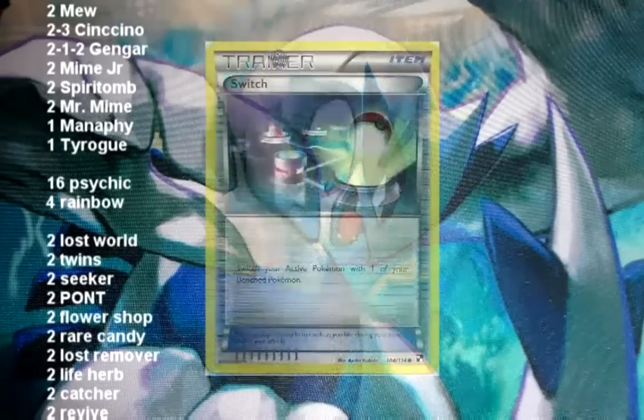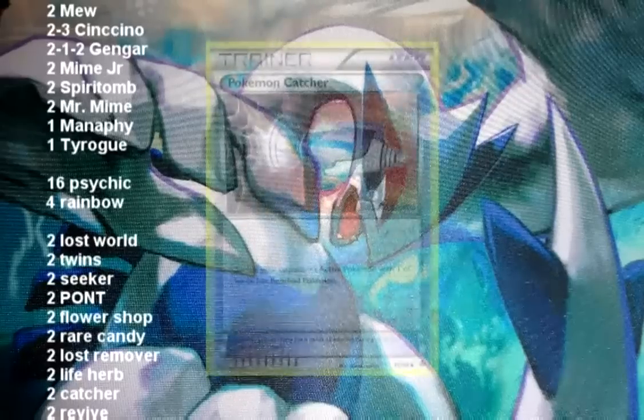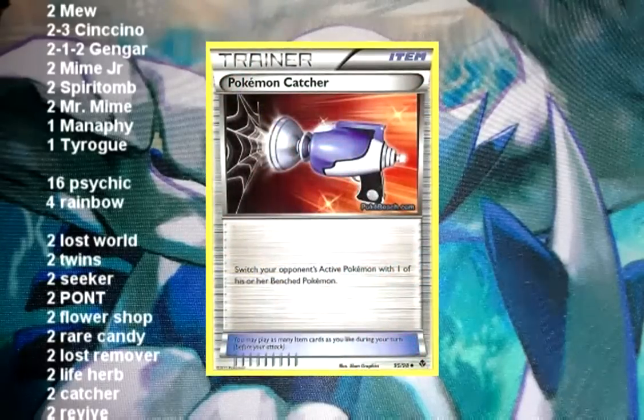I would add in one switch in case you have a sleeping baby in the active position and want to swap it out, or in case your opponent catches up something with a retreat cost to stall and you don't have the energy in hand to discard. I like that you run 2 catcher and might even consider running a 3rd just so that you can drag up something that's not quite ready to attack or has a heavy retreat while you go ahead and you work